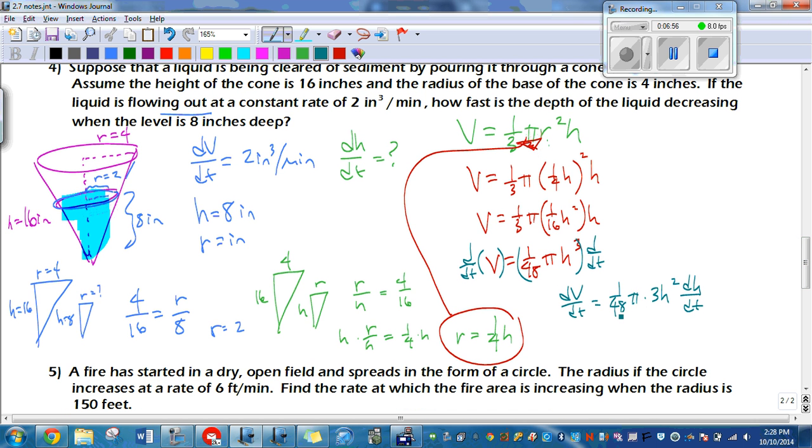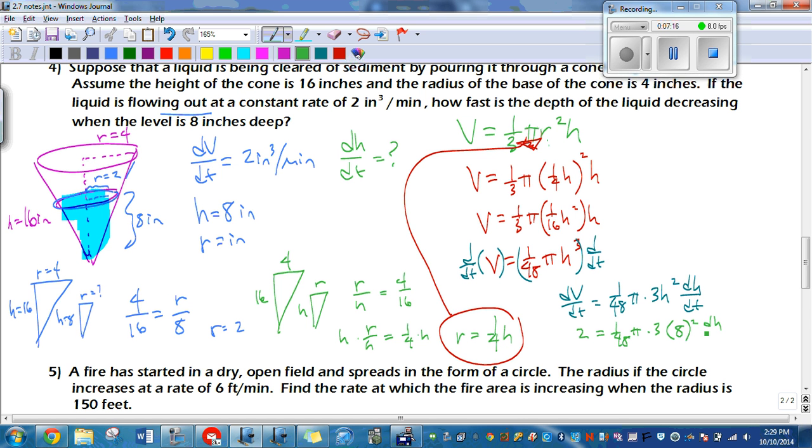We could simplify this, but we're going to plug numbers in and simplify anyway. I'm going to put in dV/dt, which I know was 2 cubic inches per minute. So this is 2 equals 1 over 48 times pi times 3, and our height was 8 inches, so 8